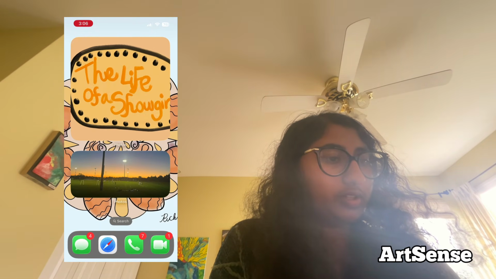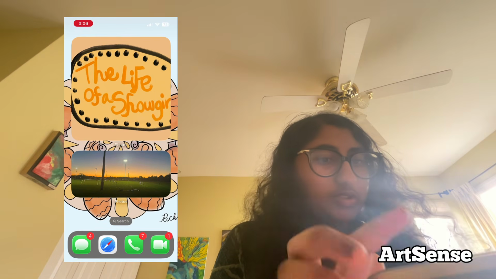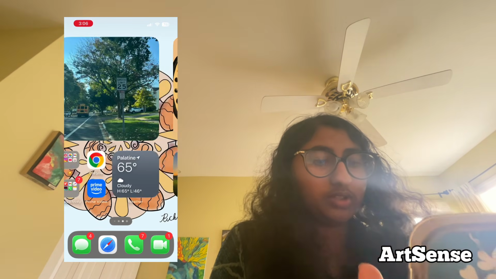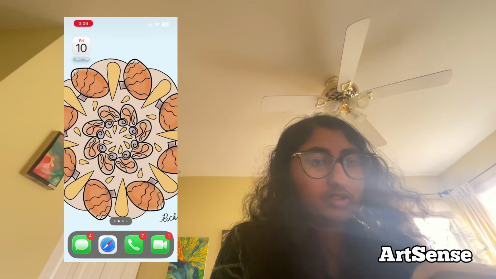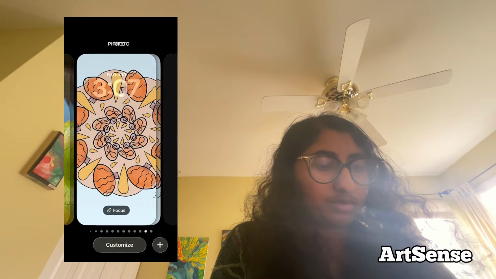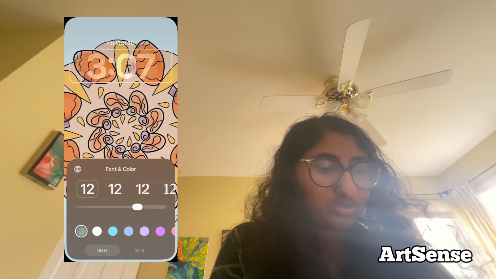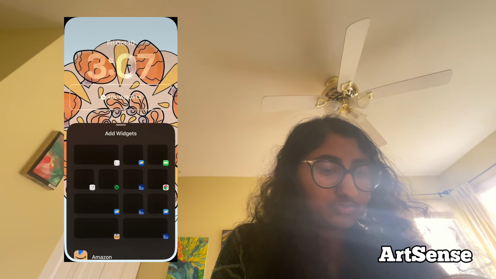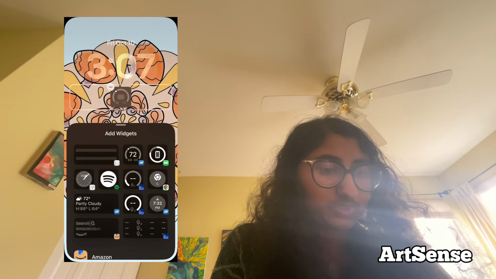It's pretty easy and simple. And now you have it customized. Last but not least, customize it, and then make this bigger. I don't know why it's not working. Alright, yeah, like that. I'm gonna add your widget here. Done. I don't know why it's not working, but